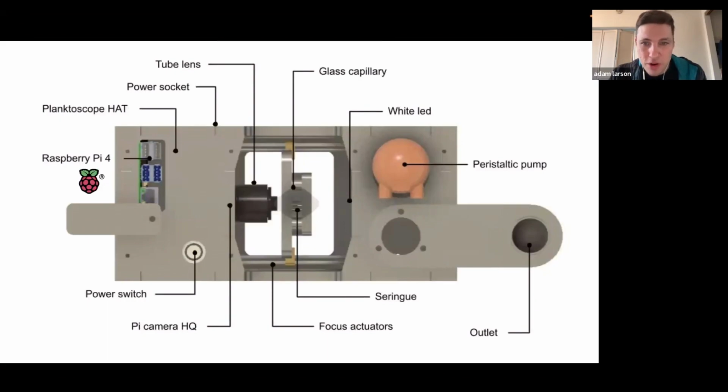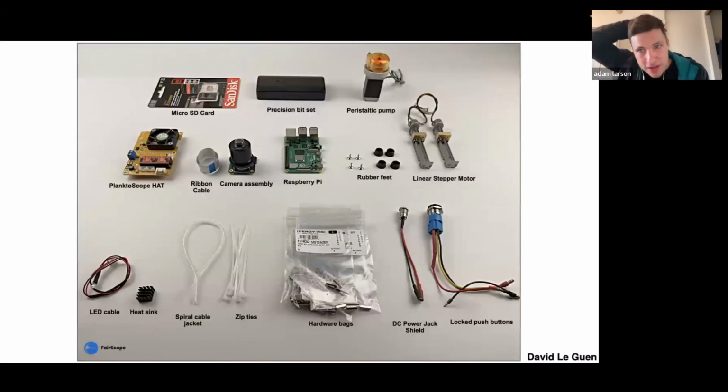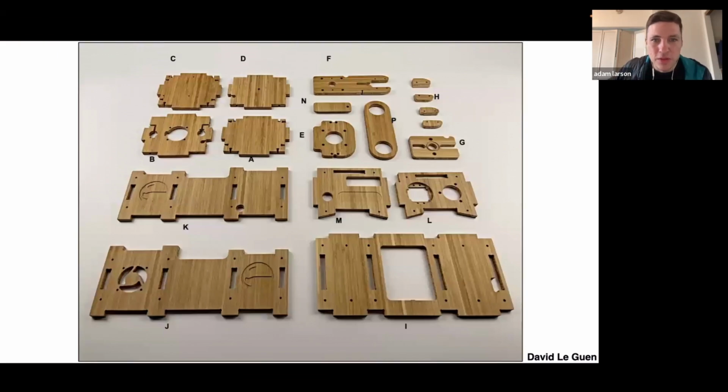And through this, we broke the machine down into parts, and in that way, it wasn't as intimidating anymore. So what we did is use a lot of consumer-based parts. This would come in a kit, and it comes in a kit now that you can get. So you break it down, and it's really not as intimidating, right? You have this pump, you have your Raspberry Pi, you have a way to drive the pump, and a way to store the data. And we came to the shell of the machine, or the body of the machine,